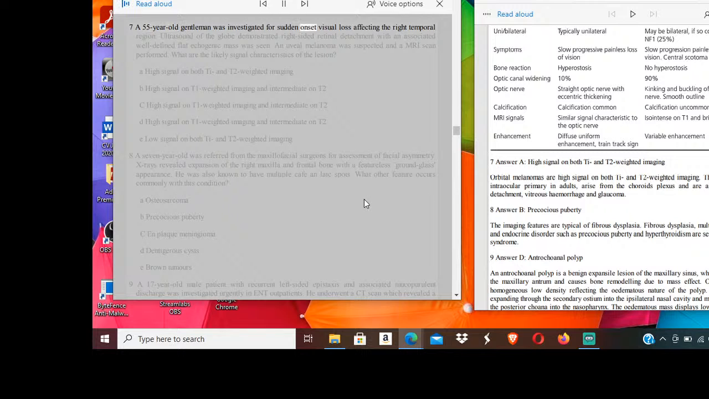A 55-year-old gentleman was investigated for sudden onset visual loss affecting the right temporal region. Ultrasound of the globe demonstrated right-sided retinal detachment, with an associated well-defined flat echogenic mass. An uveal melanoma was suspected and an MRI scan performed. What are the likely signal characteristics of the lesion? A, high signal on both T1 and T2 weighted imaging. B, high signal on T1 weighted imaging and intermediate on T2. C, high signal on T1 weighted imaging and intermediate on T2. D, high signal on T1 weighted imaging and